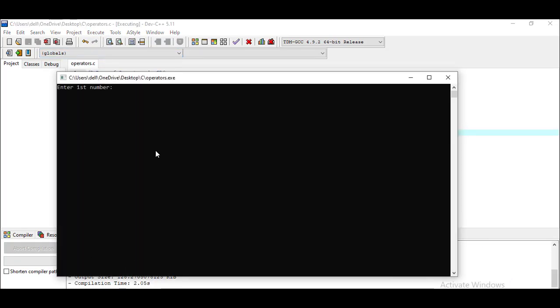Here we see the result, and it's showing me in the command prompt that here you have to enter the first value. I'm entering here 45, then enter the second value. I'm entering the value 35. So it's showing me the result, the sum is equal to 80. So the direct output has come to me. Now one by one I would like to perform other operations like subtraction, multiplication, division and modulus.